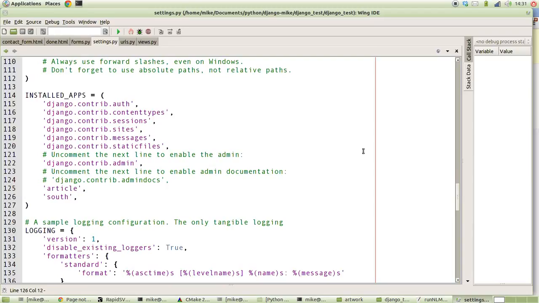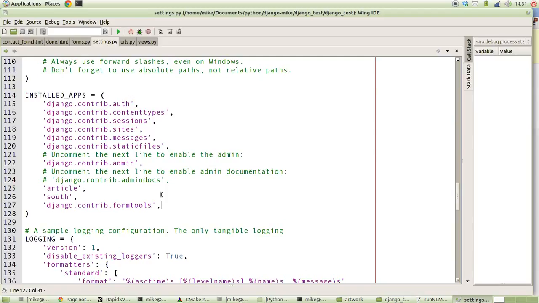So the first thing we need to do is open our settings.py file for the project, and we're just going to add in the installed apps section the path or the module for the form wizard. And you'll find that that's in Django contrib form tools, and obviously there's a few other things in there that you might want to investigate if you get time. Just do a quick Google and you'll get to know what else is inside that module, but the one we're interested in is